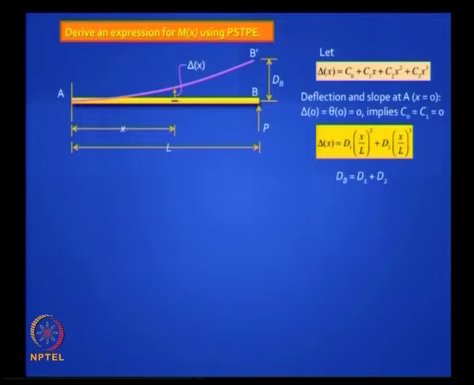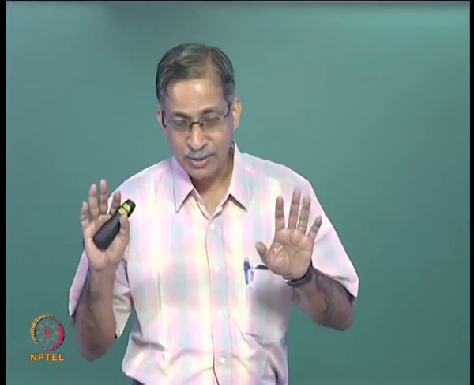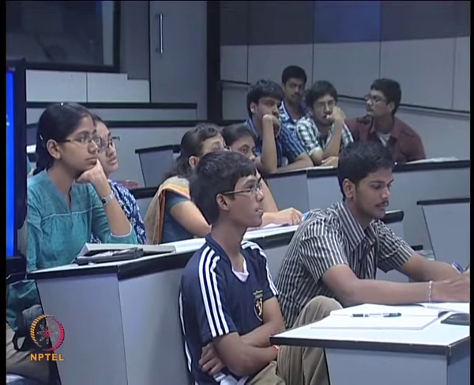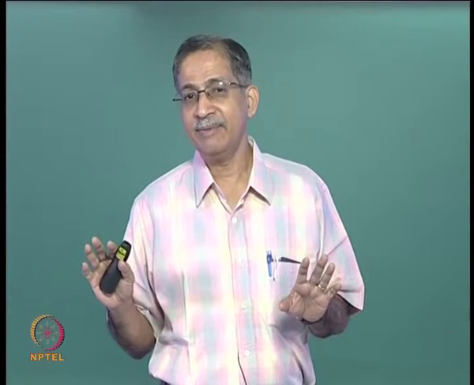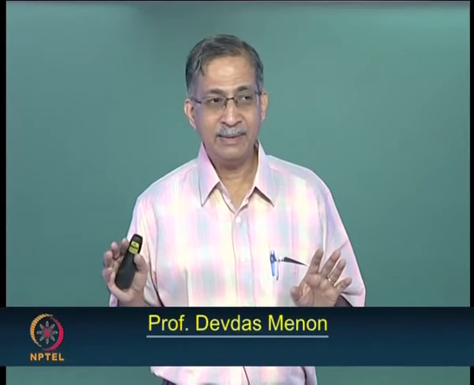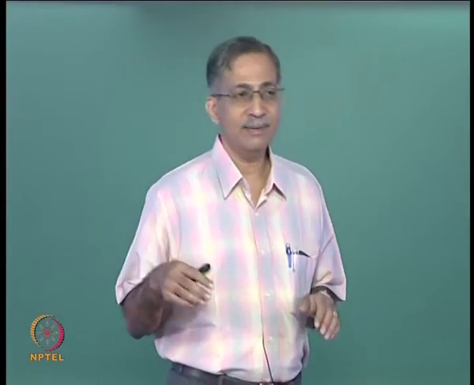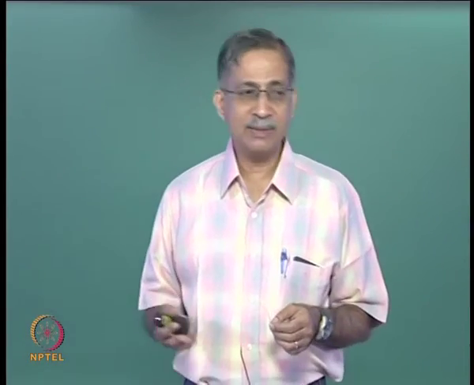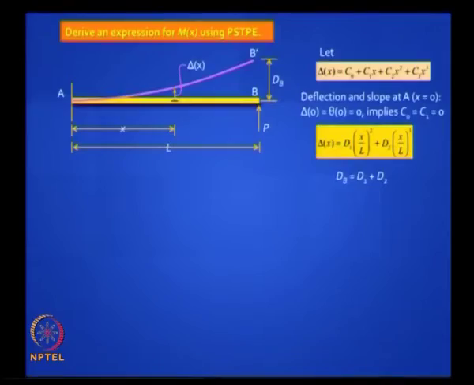Why should it be a cubic function? Because you are dealing with a concentrated load and hence a linearly varying bending moment, and if the bending moment varies linearly, curvature varies linearly, whereby the slope will vary quadratically and the deflection would vary cubically, right. So let us take a polynomial cubic equation C0 plus C1x plus C2x squared plus C3x cubed,